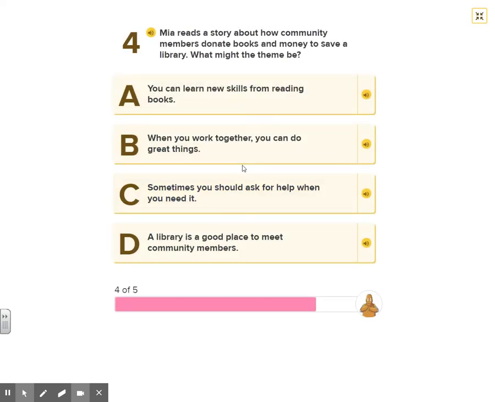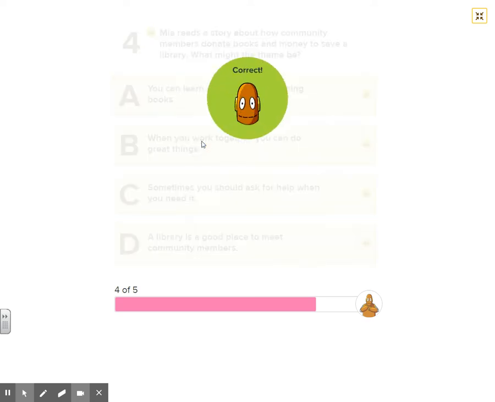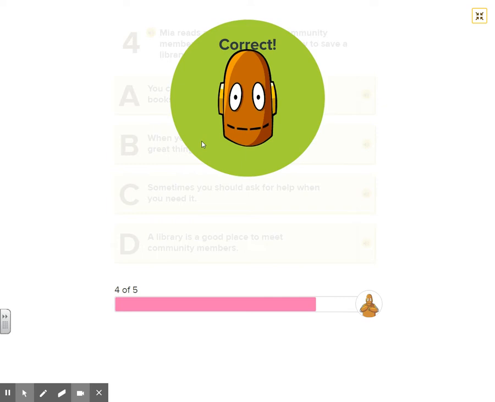Mia reads a story about how community members donate books and money to save a library. What might the theme be? A, you can learn new skills from reading books? B, when you work together, you can do great things? C, sometimes you should ask for help when you need it? Or D, a library is a good place to meet community members? Well, if everyone in the community is donating, I would say when you work together, you can